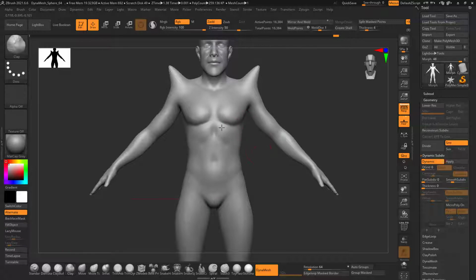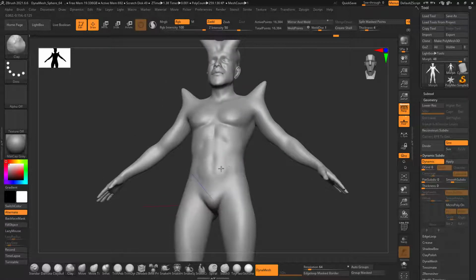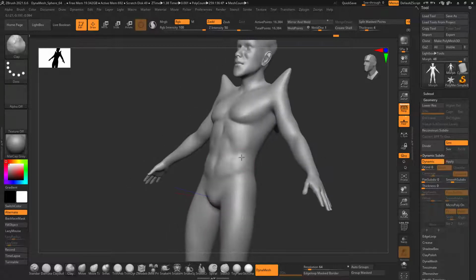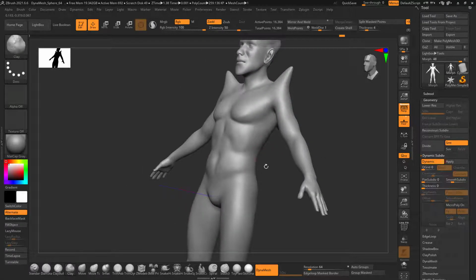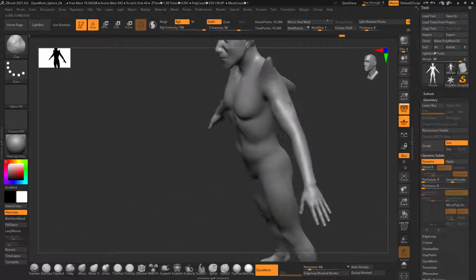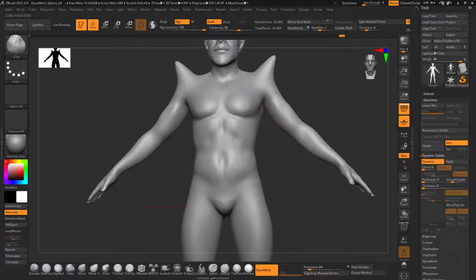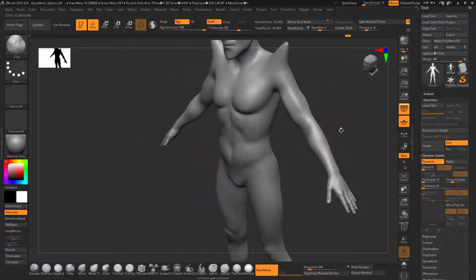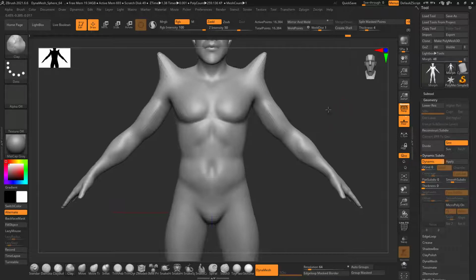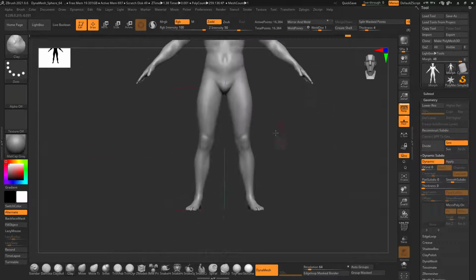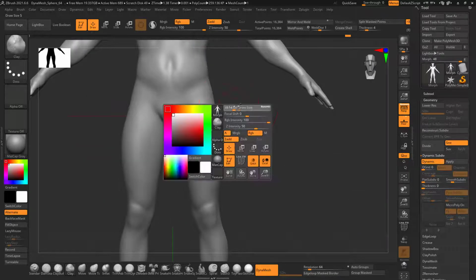We have created a considerable morph that will be visible, and we will see whether this is working in Daz 3D or not. So I will export it from ZBrush to Daz 3D. It's a simple method. I will export it as an OBJ.